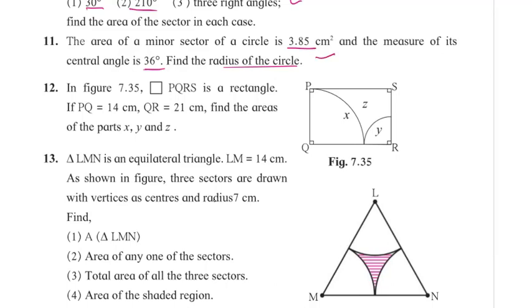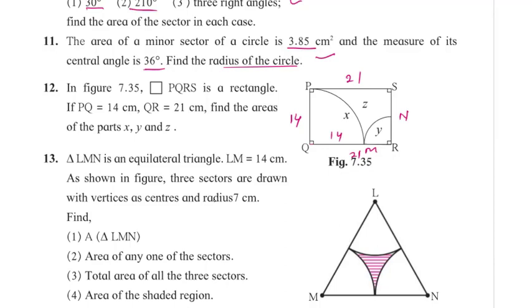Okay. Now here in this case, in figure, PQRS is a rectangle, PQ is 14, so this is radius, PQ is 14, QR, this total QR is 21, so this side will also be 21. Now if you see in this side 21, if I name this as point M and N, okay, so QM will be 14, as this and this form radius for this arc PM. So this PM is 14.